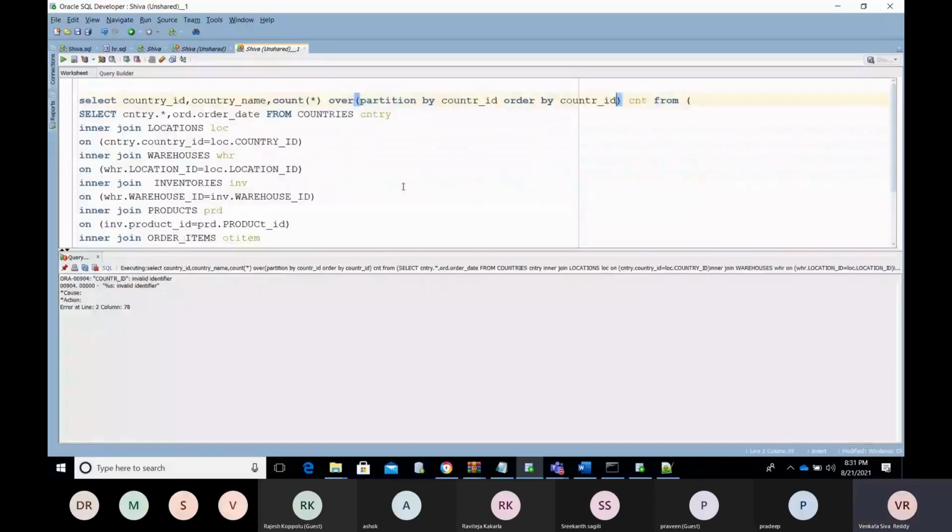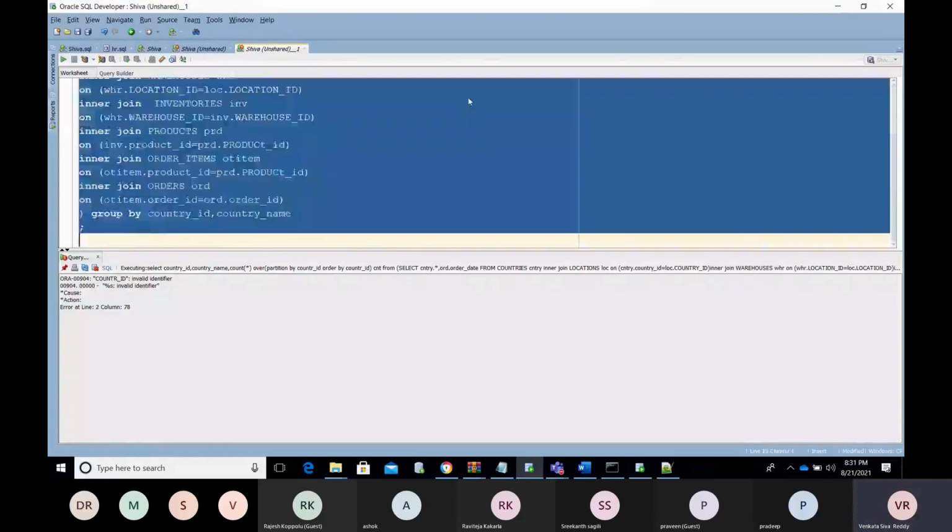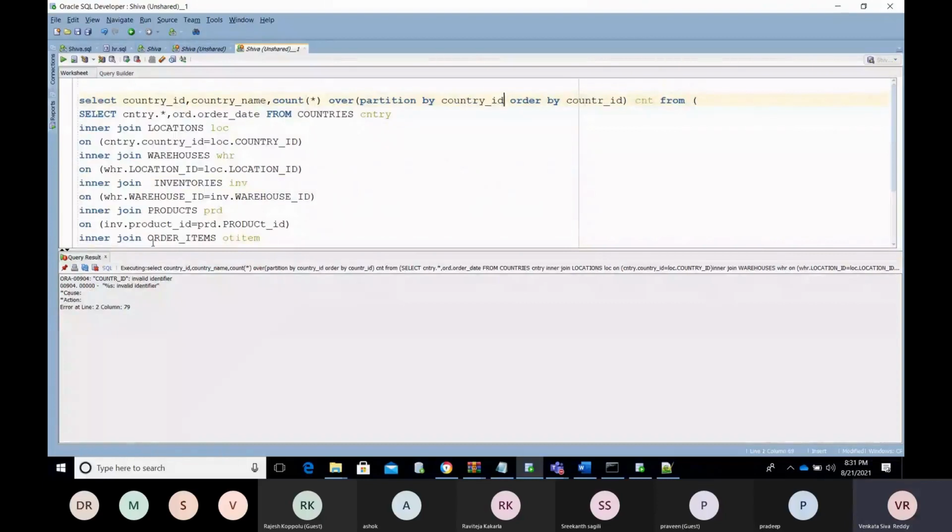We can see what it is showing. Country ID is an invalid identifier.